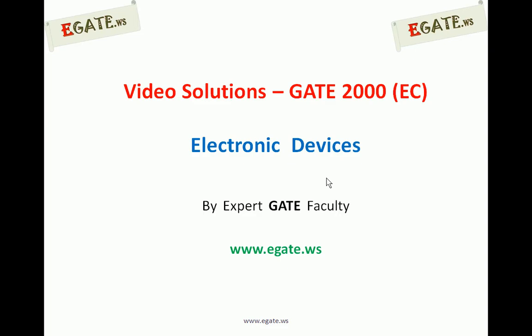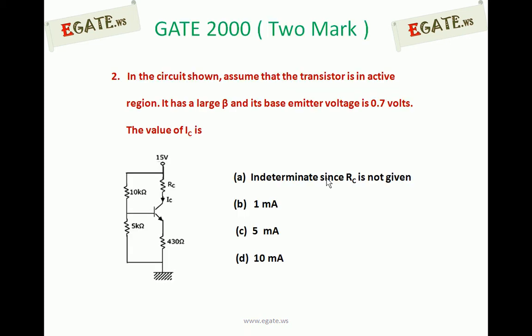Hello, we are discussing the GATE 2000 ECE paper, and the topic we are discussing is electronic devices. This is the second 2 mark question that came in GATE 2000. Look at the circuit. It is a simple common emitter voltage divider circuit. In the circuit shown, assume that the transistor is in active region. It has a large beta and its base emitter voltage is 0.7 volts. The value of collector current is